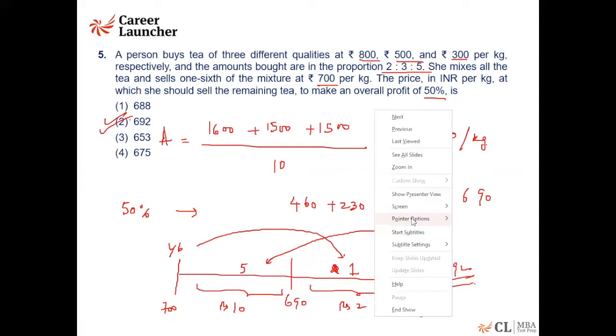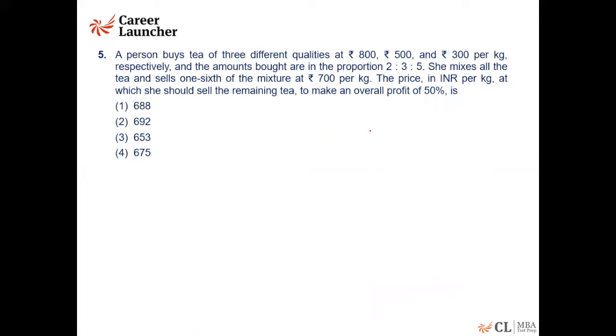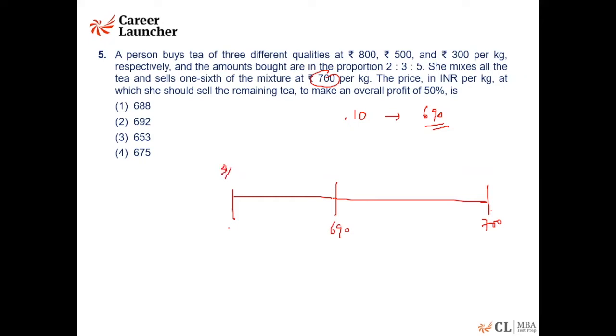The other option also is, once I know that I need to sell 10 kgs at 690, that's what I need to sell 10 kgs. Part of it you have sold at 700. Okay, some part of it you have sold at 700. 690 is what you should get, and the rest of it you should actually sell at, that is what the 5/6 you have to sell at what price, and this is 1/6 you have sold.